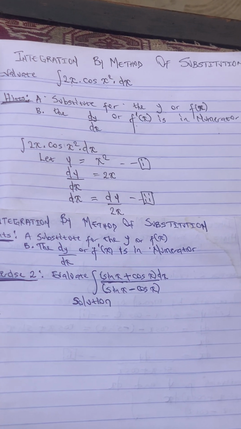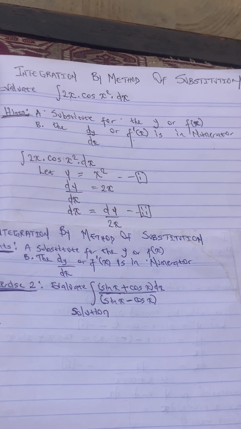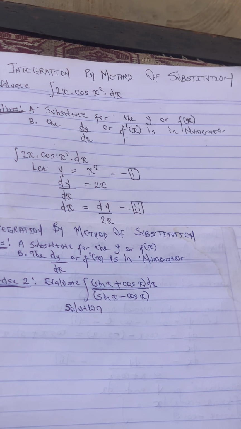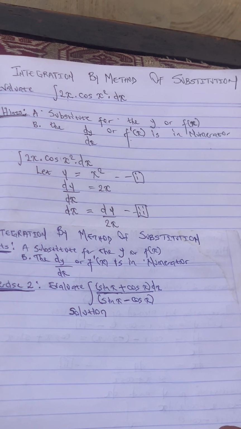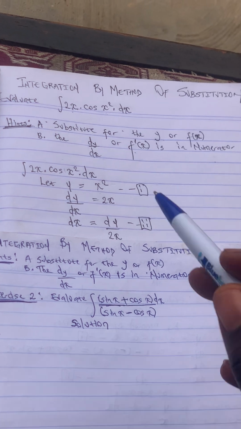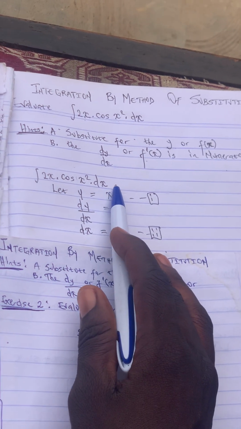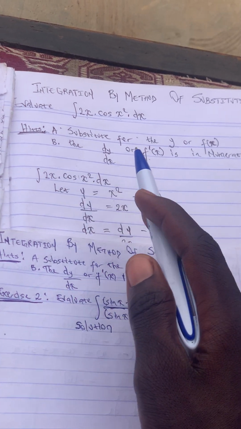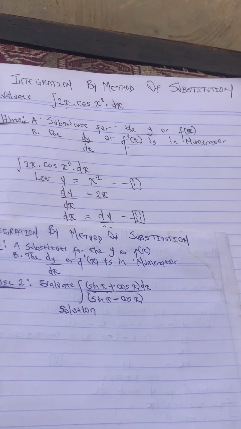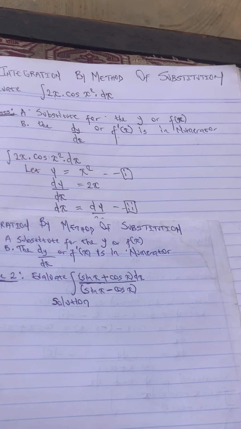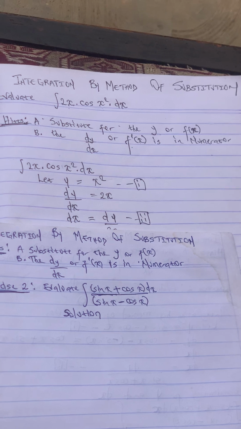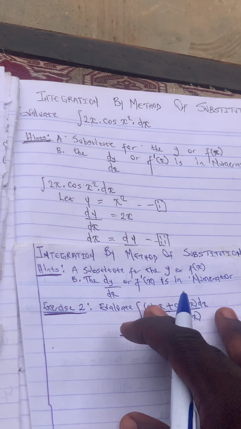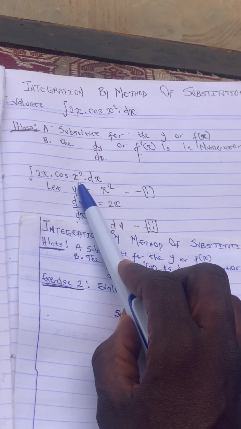And also, I said we use method of substitution especially when we have something like a function and its derivative in the integrand. This is the integrand, the expression we want to integrate. So this looks like a function and this looks like its derivative. In that expression, we used method of substitution. The method of substitution in integration is like the chain rule of differentiation. So I substituted for the one that looks like the y, and